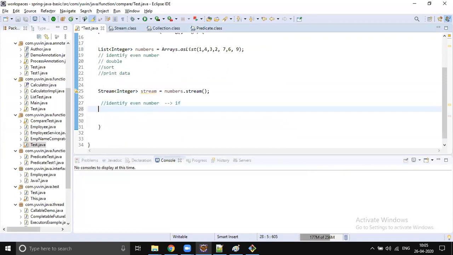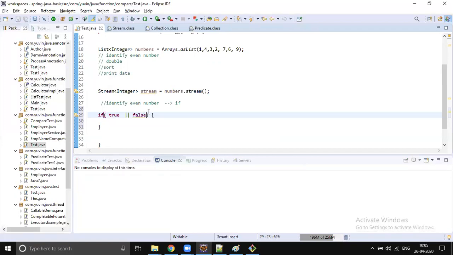Whenever you write some if condition, what condition you want to evaluate inside this if is up to you. But finally that condition has to return either true or false. You can check whether a user name starts with some character, or whether the user entered password is correct or not. It's up to your business logic, but finally you have to return a Boolean value, either true or false. Otherwise you will get a compilation error.